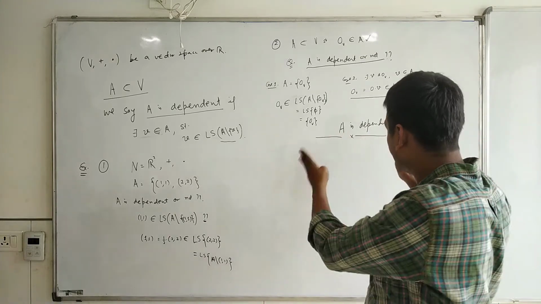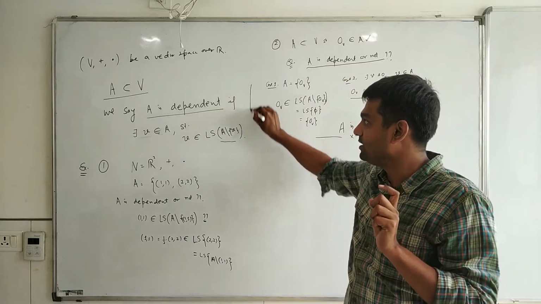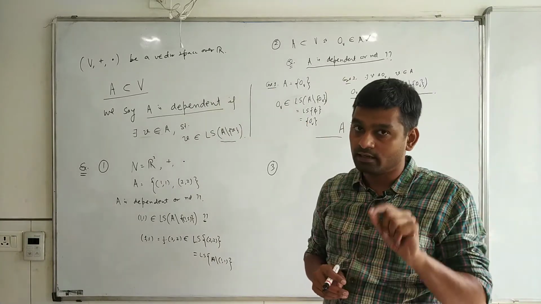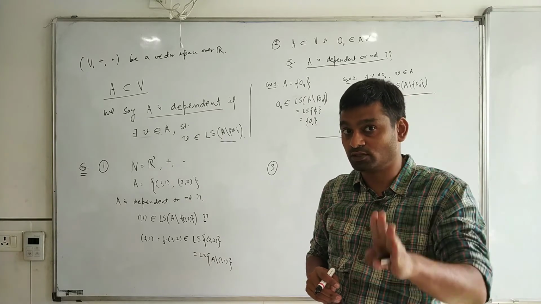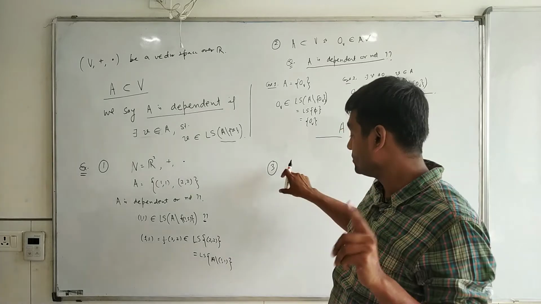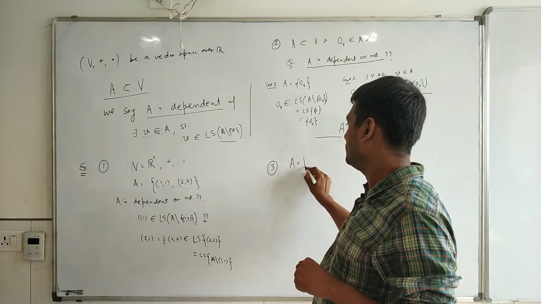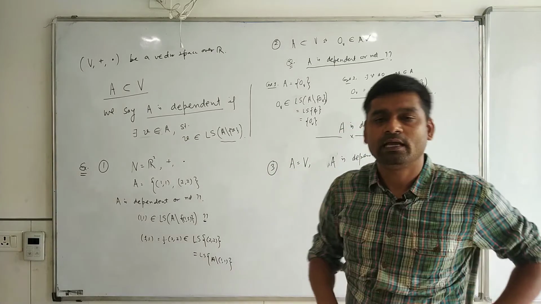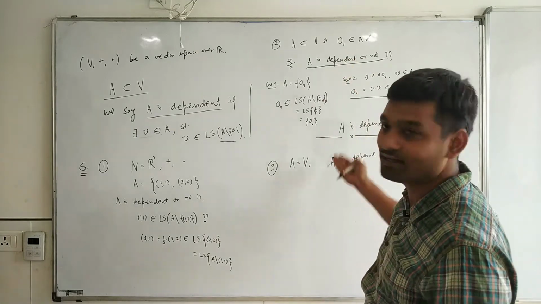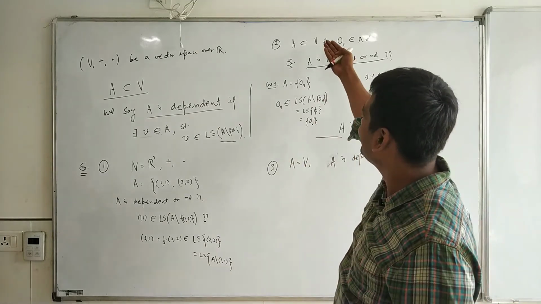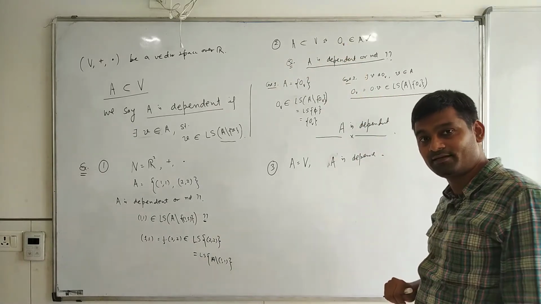Try to give some time to this one. You should pause the video and assimilate the definition of dependent. Let me write down the third question, and until you answer the third question, do not go after that. You should pause the video and resume only when you understood the answer to question number 3 by yourself. So the question is, let A equal V, take A as just V. Is A dependent or not? Why? Because A equals 0V and 0V is also there.